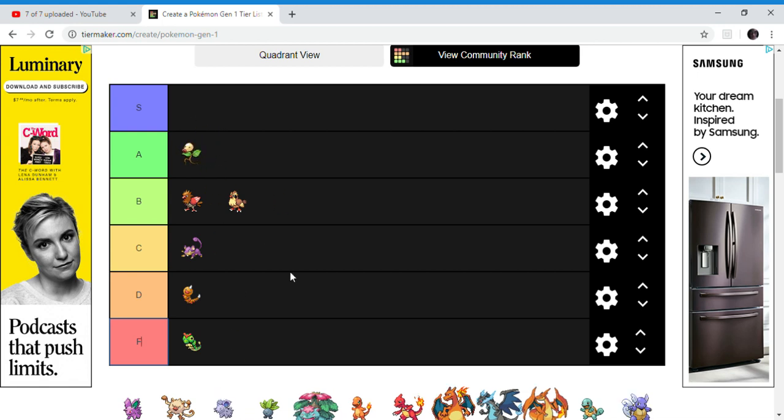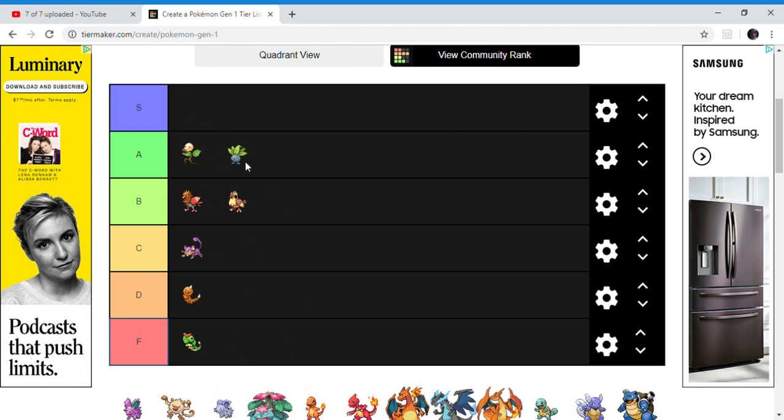Bellsprout and Oddish. These Pokemon are Pokemon that have AFK the whole game. These Pokemon are only found in one game, Let's Go Pikachu and Eevee. They're not found in any other games. They're pretty overpowered for Route 1 because nothing will really attack them. But there is one Pokemon that can probably beat them, and that's Nidoran, which is probably a plant eater to